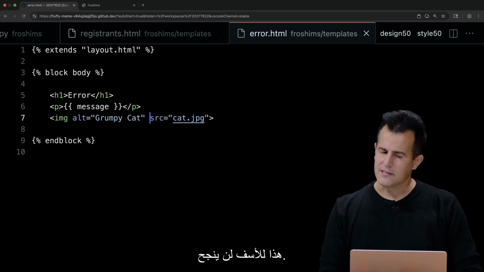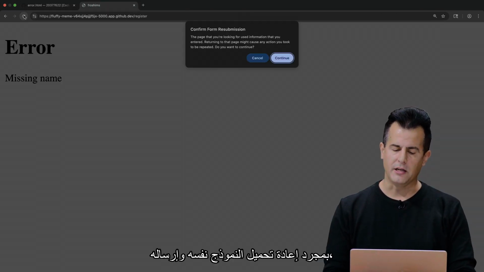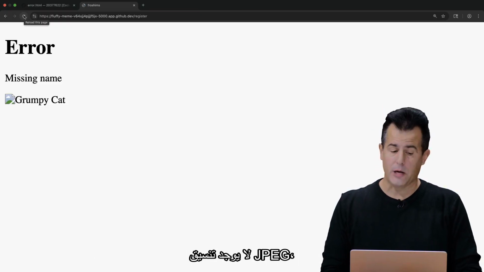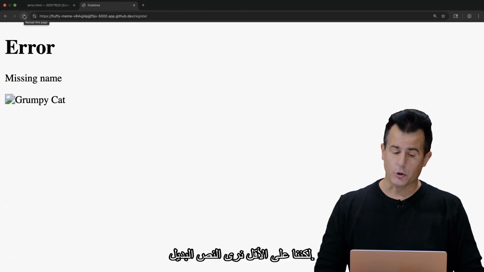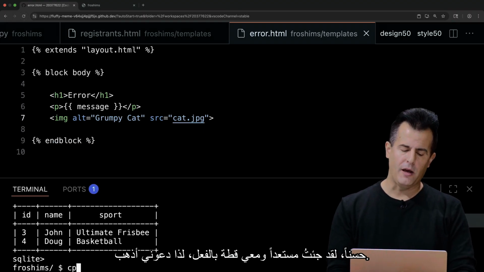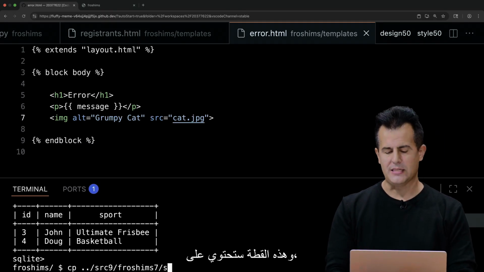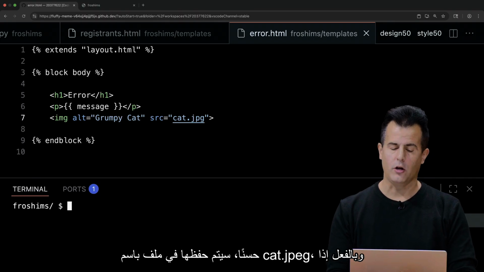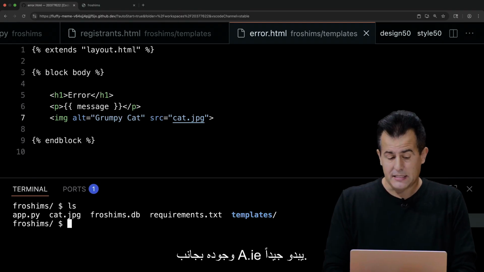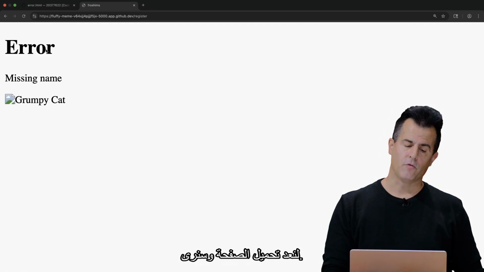OK, this unfortunately is not going to work. Let's go over here and induce the same error by just reloading and submitting the same form. And you'll see indeed a broken image because that image, cat.jpg, does not exist. But we do at least see the alternative text. Well, I did come prepared with a cat already. So let me go ahead and grab this cat from another folder. And this cat is going to exist in a file called cat.jpg. And indeed, if I type ls now, after having grabbed a copy of that cat, it exists alongside app.py. Seems good. Let's go back to the browser here. Let's reload, and we should see,